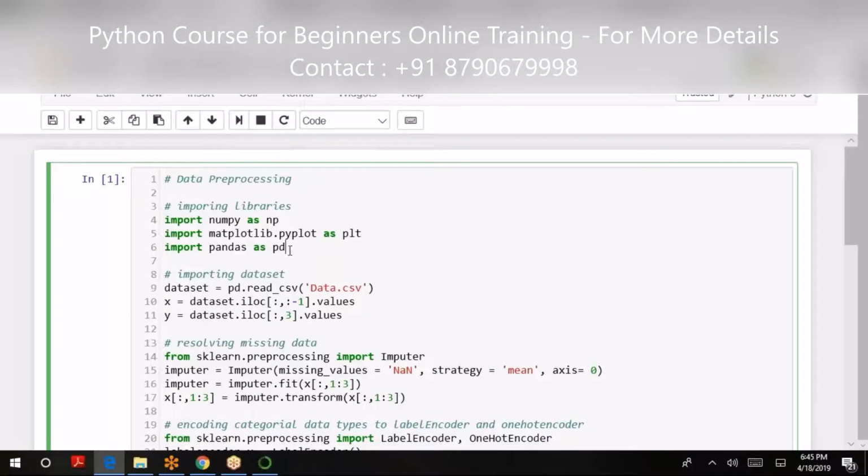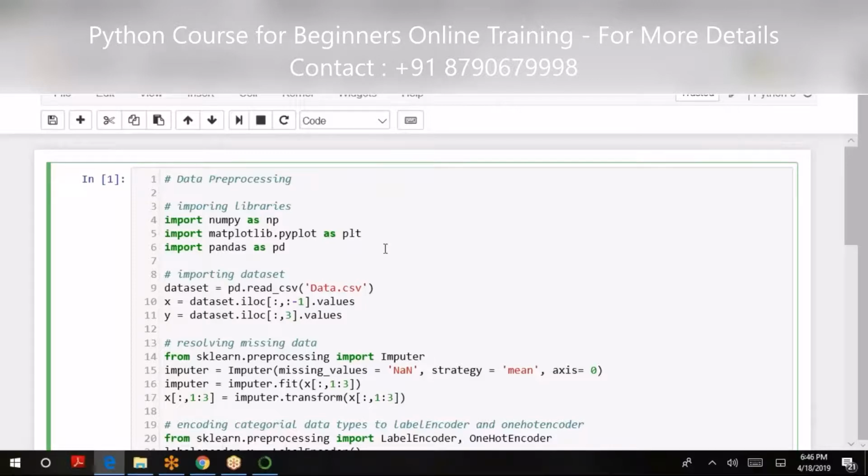I can import NumPy as np, so whenever I use it next time I can use the short form np. Similarly, matplotlib.pyplot I can call plt, and pandas I can call pd.